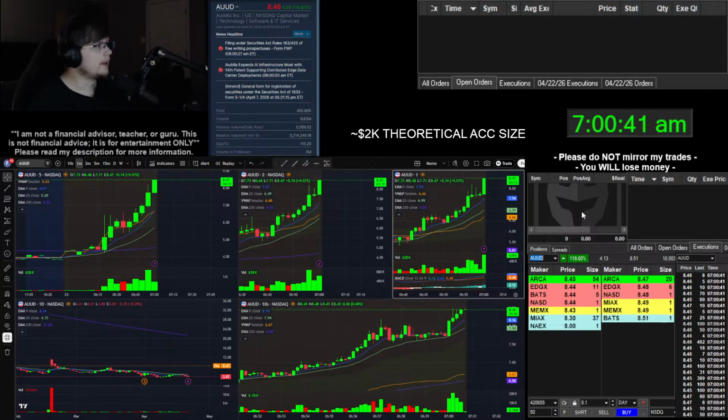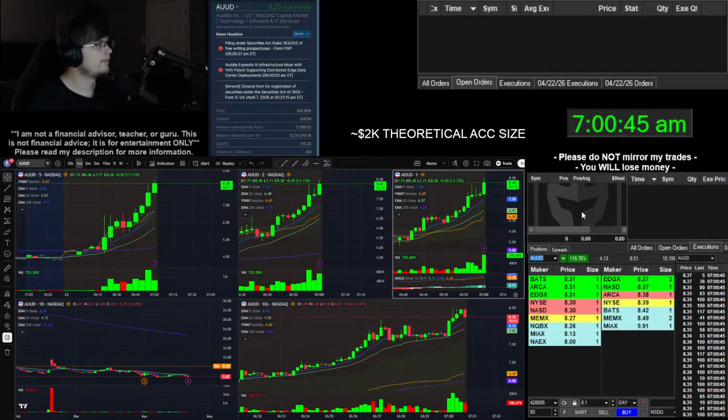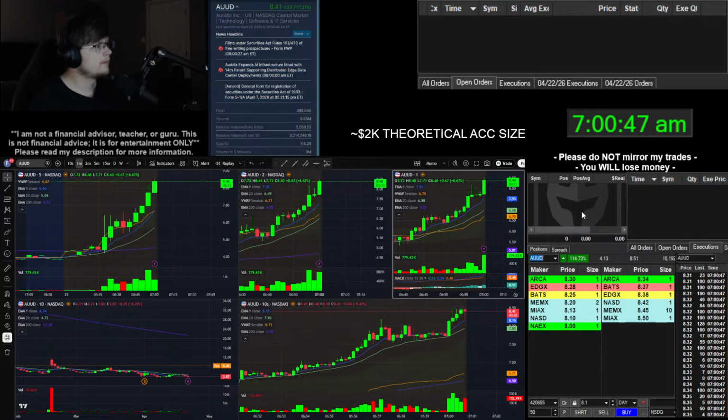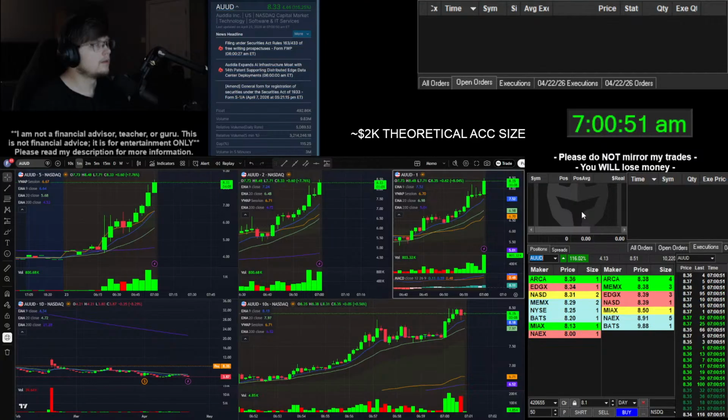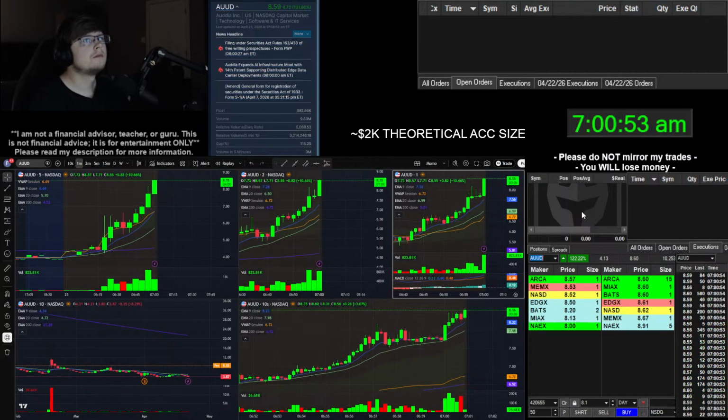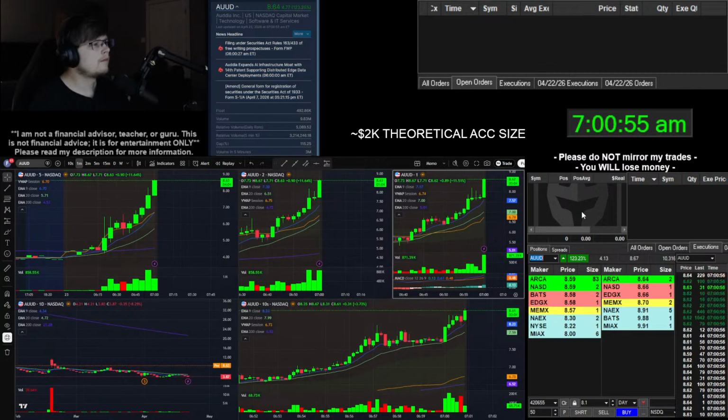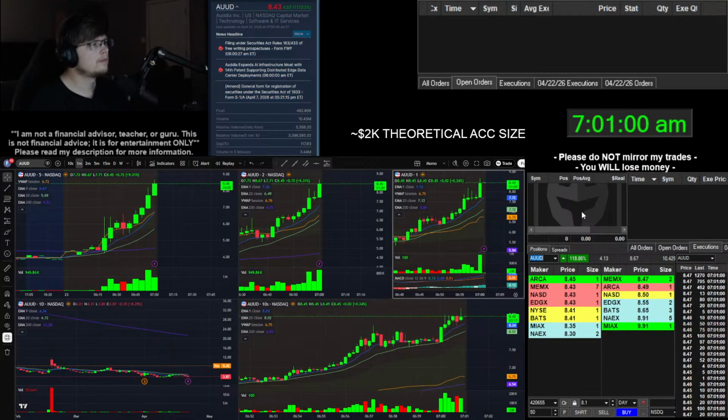We've got 5 green candles on the 5-minute. I'm not sure how much further up this could really go. It does have a low float, but